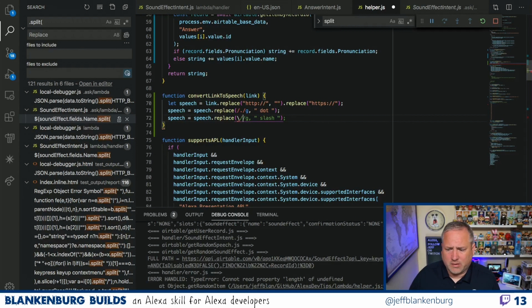Doesn't like that either. You guys are discovering very quickly why I stay away from regular expressions. It just makes me angry. Does anyone else have a recommendation on how I do the slash? In 5, 4, 3, 2. Okay, split join it is.